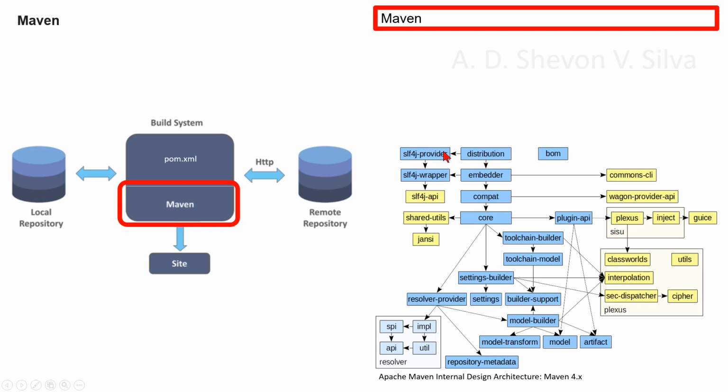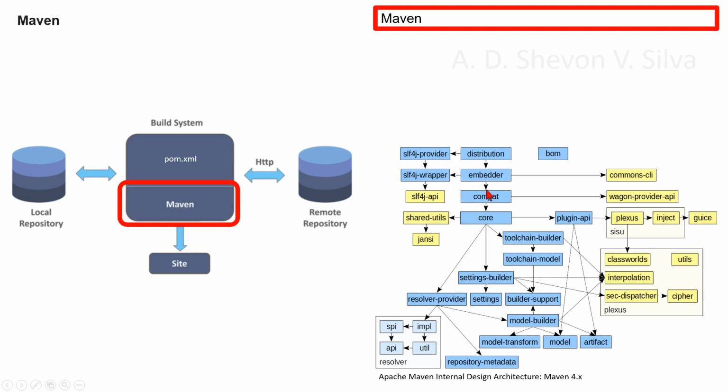Distribution is connected to SLF4J-provider, and it is connected to SLF4J-wrapper, and also distribution is connected to embedder, and you can see here BOM, and embedder is connected to